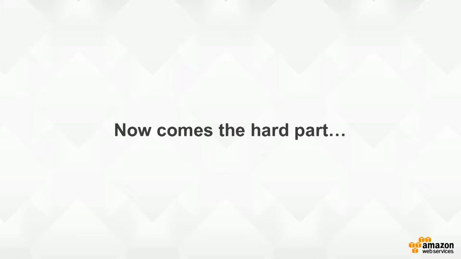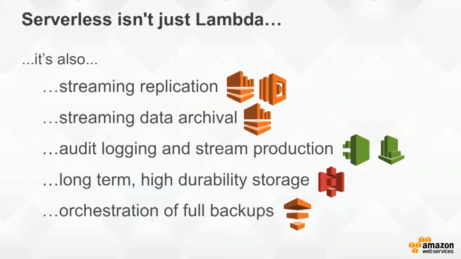And now comes the really hard part. How do you do a restore? The number of applications that will freak out if you change the database underneath them is significant. And the best restore architecture is one probably where you originate change events into the top of the application. And I would strongly consider this aspect of doing backup and restore for your applications. So serverless isn't just about Lambda. You also have to consider the streaming replication aspects with tools like Kinesis and archiving your data with Kinesis Firehose.